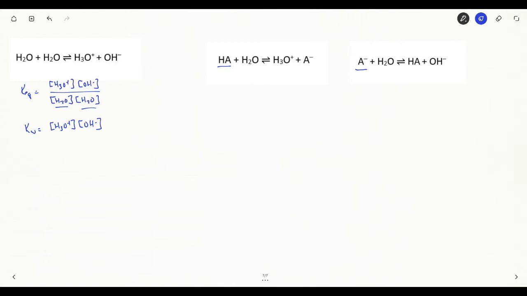Let's get Kas and Kbs for these two equations. Now don't forget, my Ka includes my concentration of water, so it is not in my expression on the right-hand side. And for my Kb,